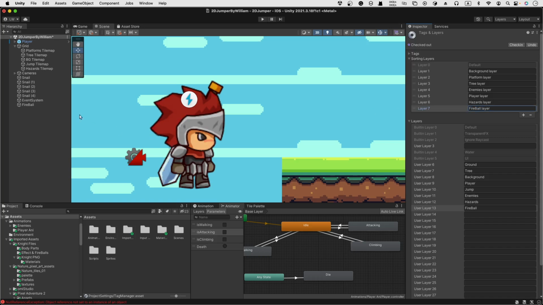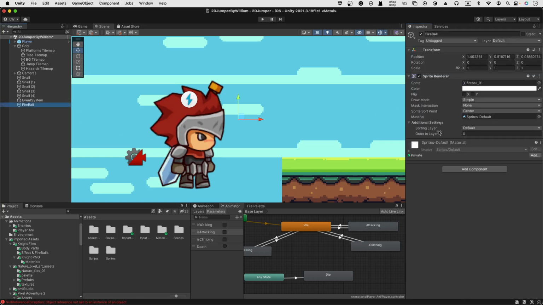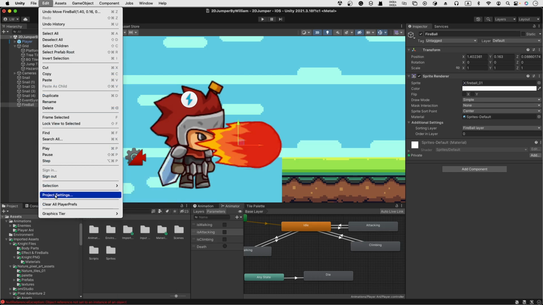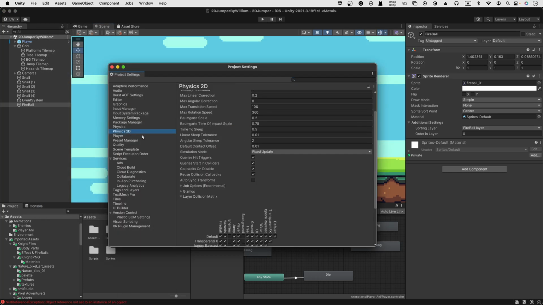Okay, so let's go back to fireball. We got a sorting layer. Let's just got the fireball layer. Pretty good. And fireball like that. So when you slash that, a big fireball coming out. Yeah, pretty good. And I think I need to add in this physics systems project setting fix to the